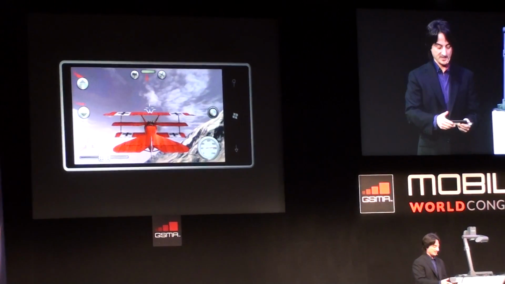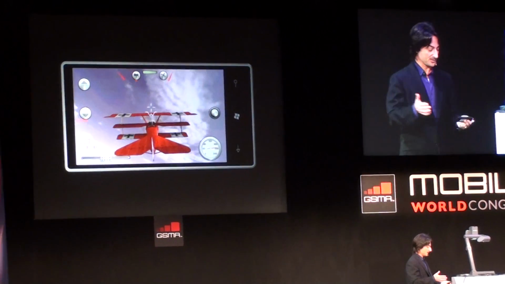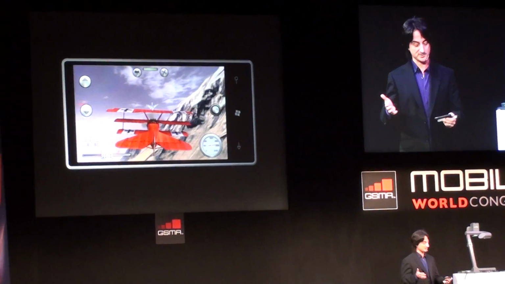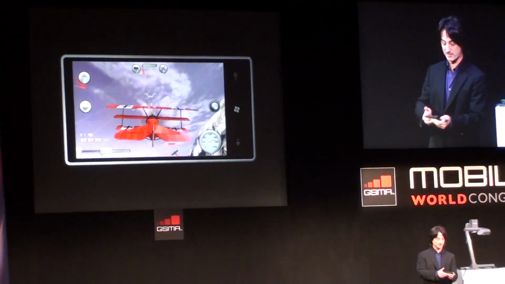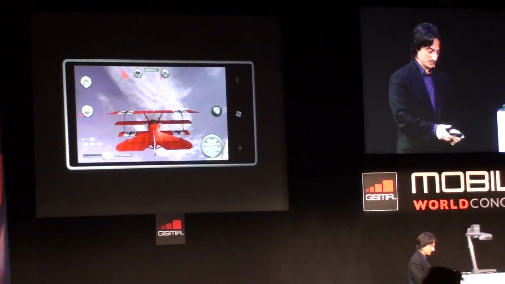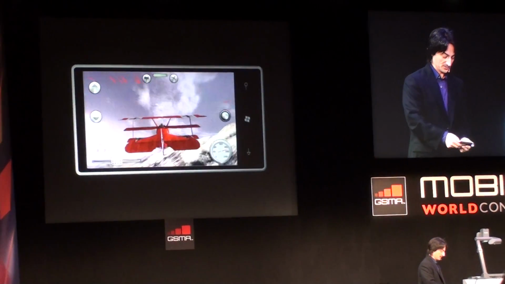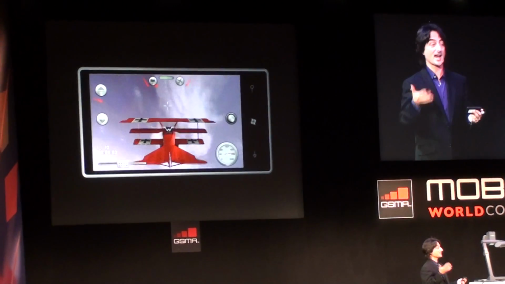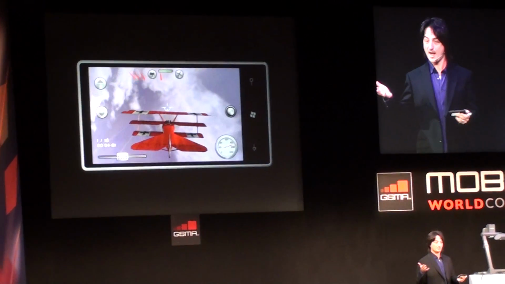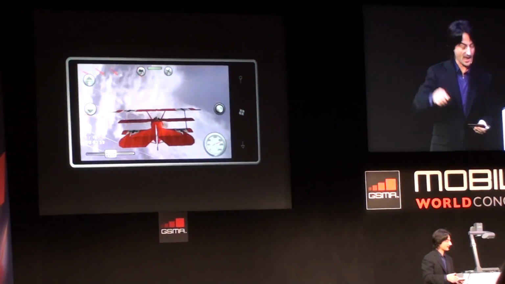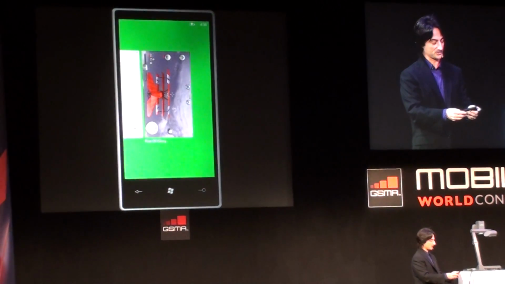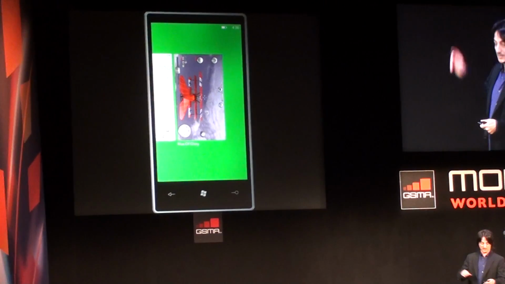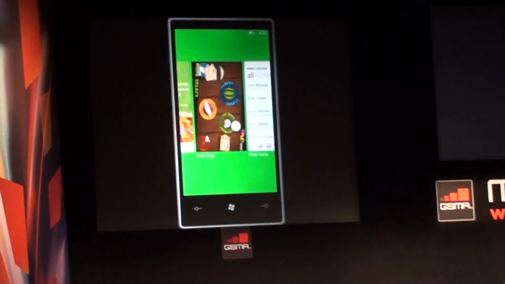So that's the first scenario, making it really, really fast and easy to come back to apps. Now second, because we have that, it suddenly becomes a lot more interesting for users to have a mechanism to switch between apps they've been running recently. So we're adding a new user interface element later this year, which lets people have a task switching view from their back button. You could press back, back, back to go to apps you've been running, or you can press and hold back, which is what I just did,